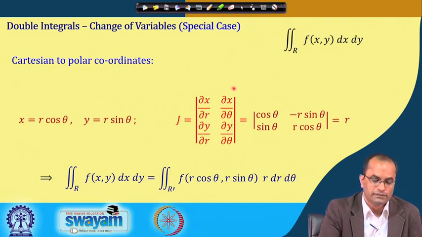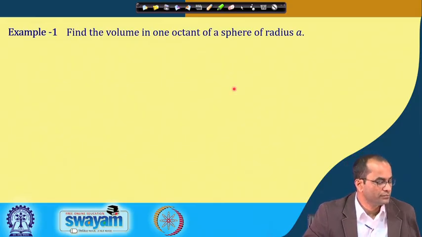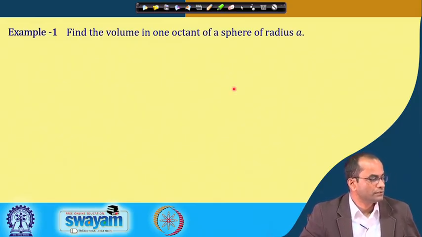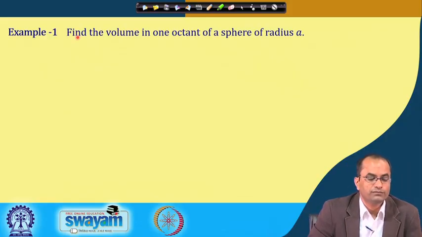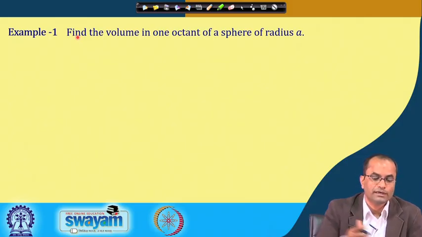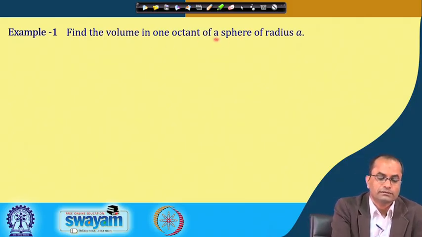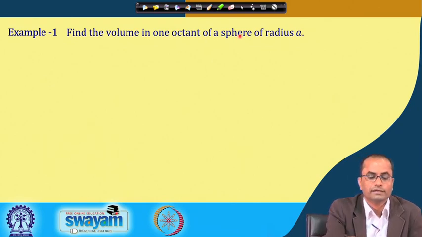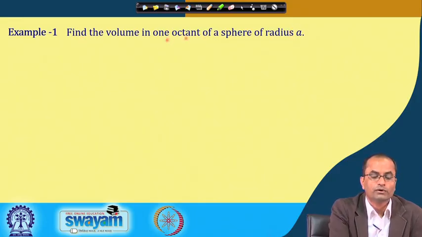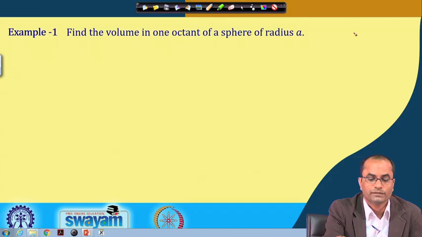So, with this now we can go through the examples which we will use now. The first one, to find the volume of one octant of a sphere of radius a. So, another very simple example where we are using the sphere here. So, we know the equation of the sphere, it is a z square in terms of the x square and y square we will get, and then here the volume in one octant. So, we are considering basically the first